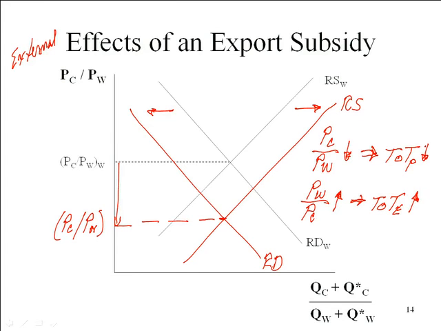Somehow that seems a little odd, right? I mean, with export subsidies, we're promoting the industry in which we already have a comparative advantage. We know that because that's our export good. But by promoting it, we actually end up in the external market by increasing the supply and driving down the price. Will the price fall